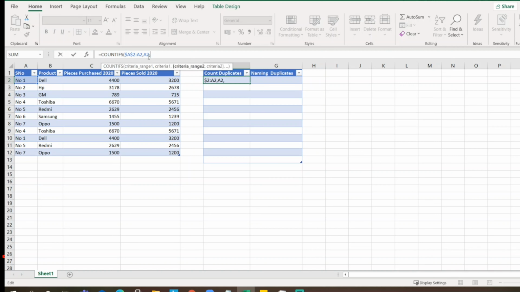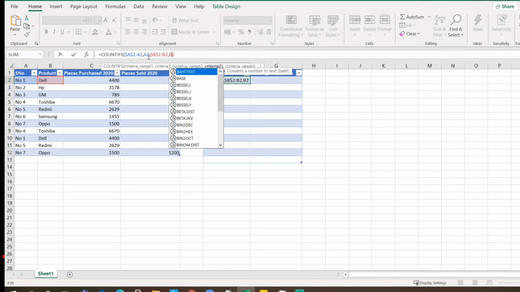So now we move to the second range. The second parameter is criteria range 2 and then criteria, which matches the entire column of B. Let me just copy this and paste it here to compare the B column.